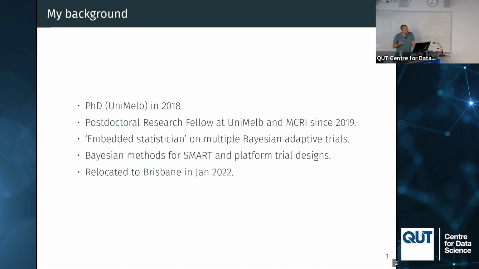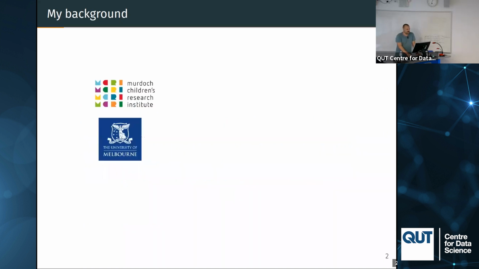My main research interests are developing Bayesian methods for what's called a SMART trial design, I'll get to that, and platform trial designs. And I came here in January 2022, escaping COVID lockdowns and seeking warmer weather with my family. So I'm at these two institutions, and